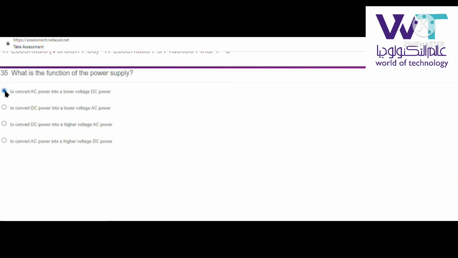بيقول what is the function of the power supply؟ هتبقى to convert AC power into a lower voltage DC power. السؤال اللي بعده